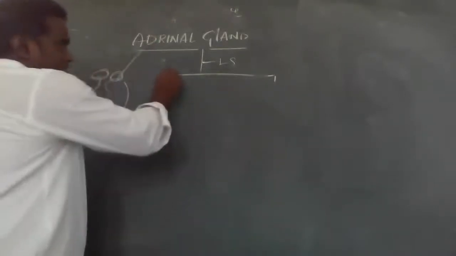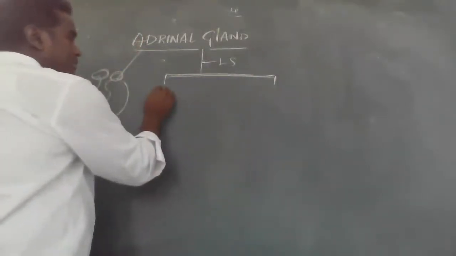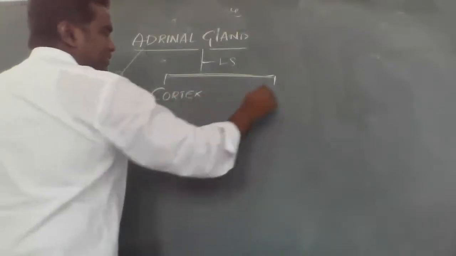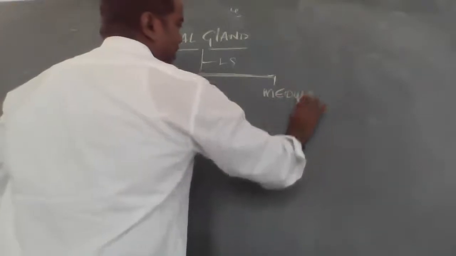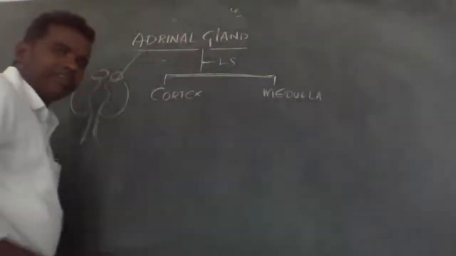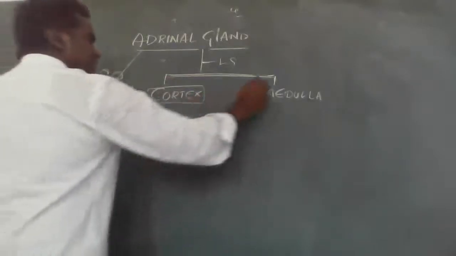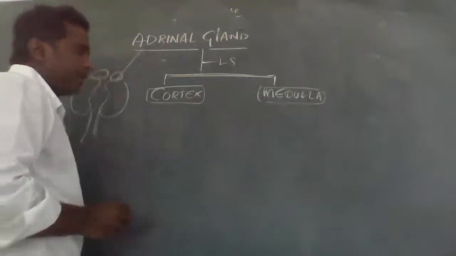Two parts are there. One is cortex, second one is medulla. Very important. Now, in the cortex region,